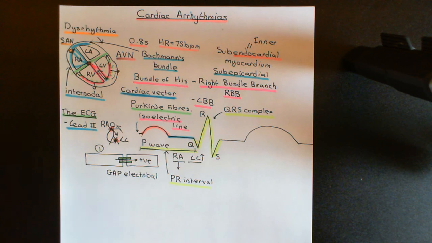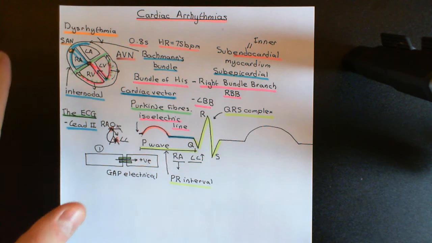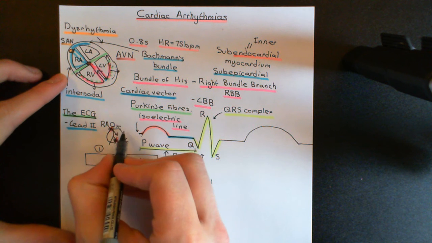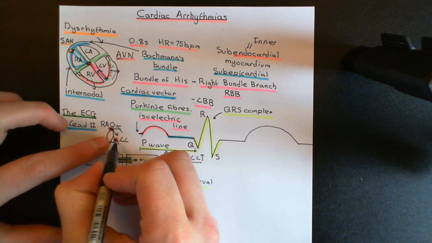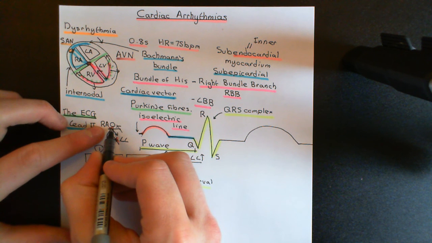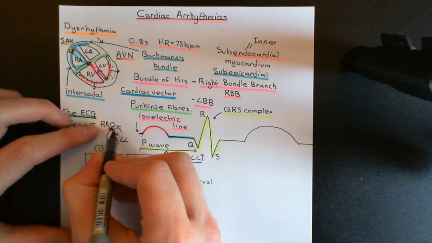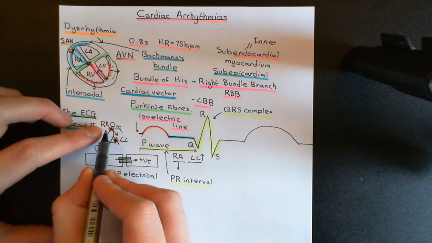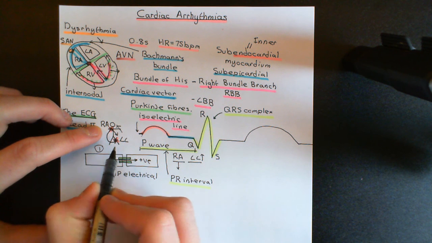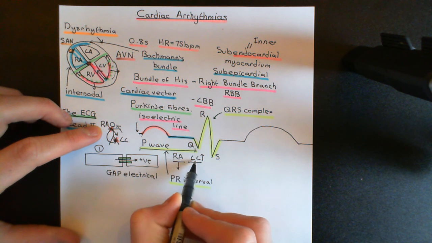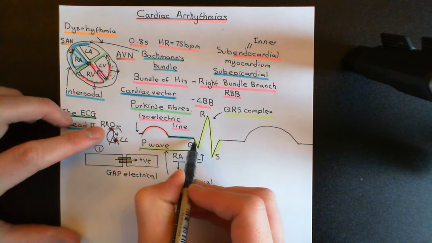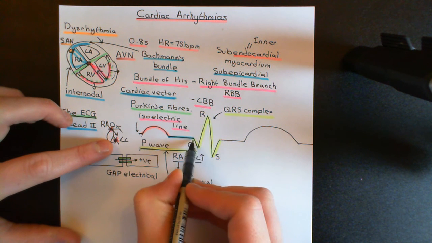Okay, so the cardiac vector is now going in the opposite direction, so now overall what you'll be doing is moving current in the opposite direction now, away from the left leg up to the right arm here. So you'll be bringing positive charge up towards the right arm and away from the left leg. So you'll be raising the electrical potential up at the right arm and lowering it down at the left leg. So this will go up, this will go down. You'll now get a negative electrical potential difference from the right arm to the left leg, which is why it